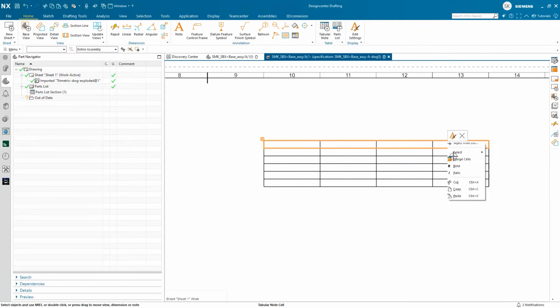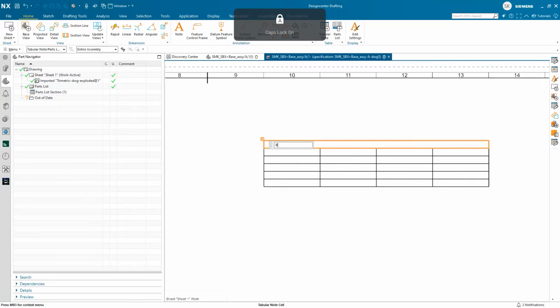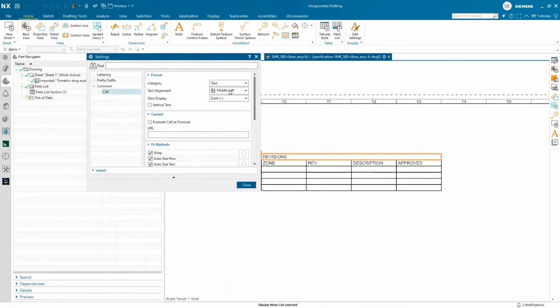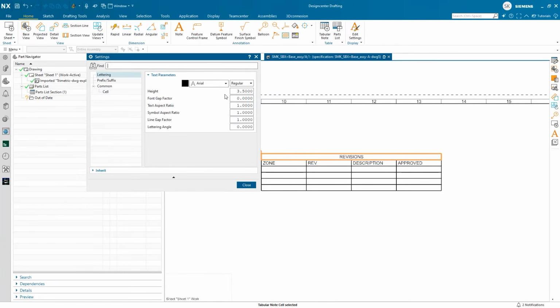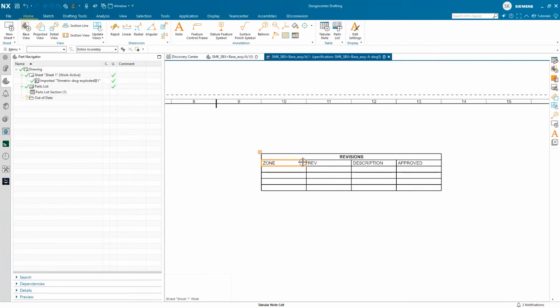So I create a basically tabulated note, combine the very first row of that. I want to call that revisions. And then I want to come back and add all the other standard practice, whether it be ASME or ANSI or whatever standard that you're practicing, to add all the different subcategories into that. And then I want to format that properly to display that, whether it be bold, whether it be description, the width and all that to match. That is part of what is specified in the standard that I'm following.